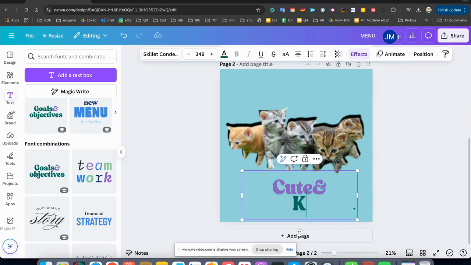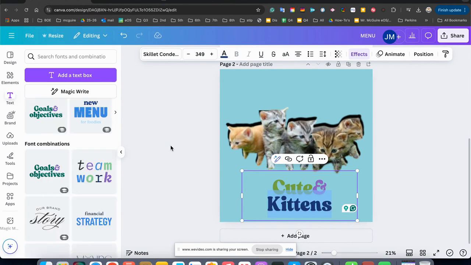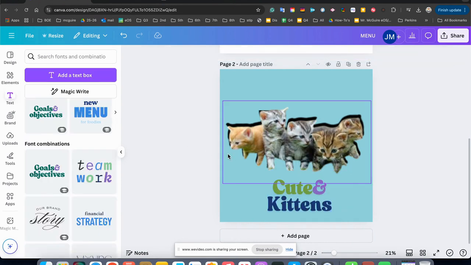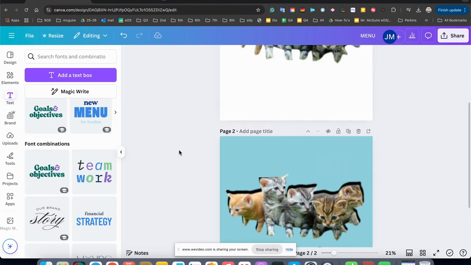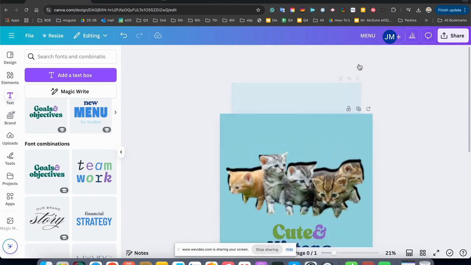Okay. Now the key is you're trying to establish a brand. Let's say you're doing a brand of some sort, right? So you can go in and change your color scheme. You can change it to whatever you want, based on what it looks like in the background. Now you can go pastel colors. Make sure that whatever you do, it's seen. You can see it really well. So like, I'll change it up right there, right? All right. So what you're going to do, I'm going to delete this top one where I only have the